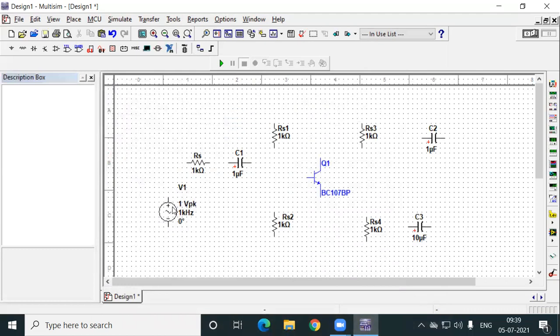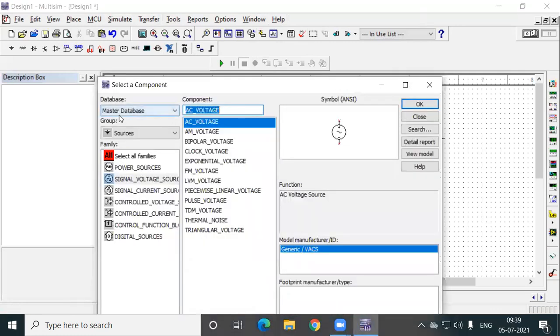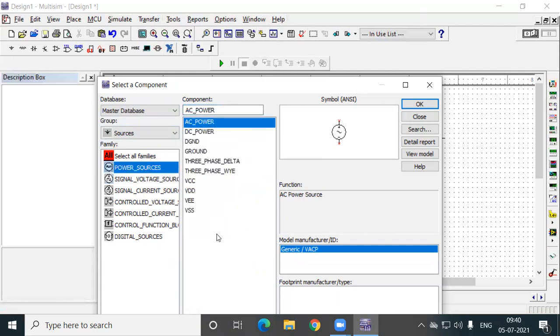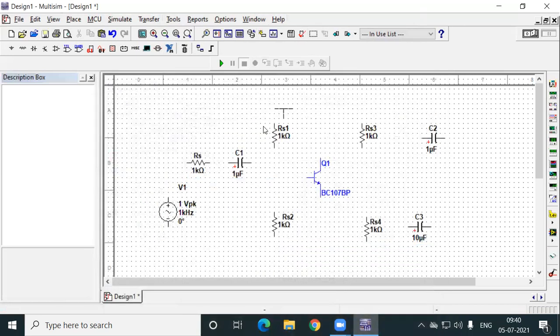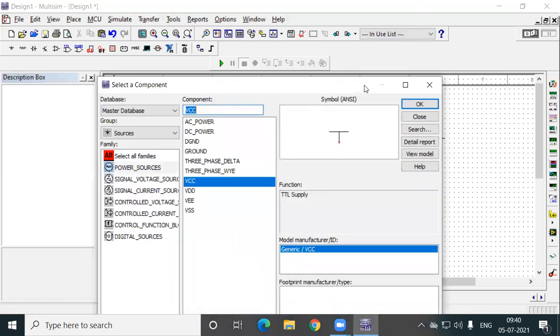And I will again go to the sources, right click, place the component. Here I will take the VCC from the sources window. You have another window on the right side also. From there you can take the VCC sources, click the power sources, you will get all sorts of sources. I am interested in VCC, say OK. Then you will get the VCC, place it.